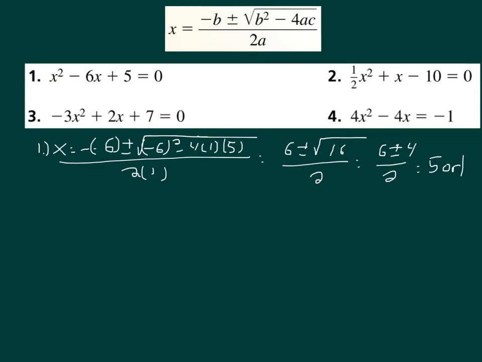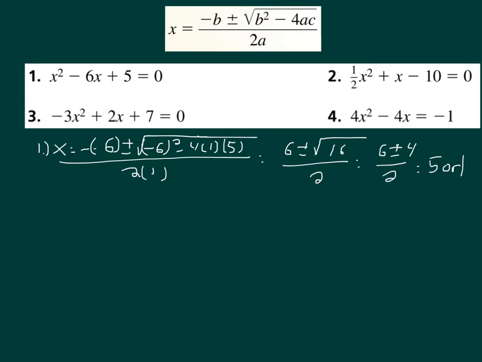Alright, so you can check number 1 there. Biggest trick that sometimes happens for number 1 is the coefficient of the x squared. The a is a 1. If it's invisible, it's a 1 there. So that's what you'd have to do for that one. When you get down to simplifying, you end up with